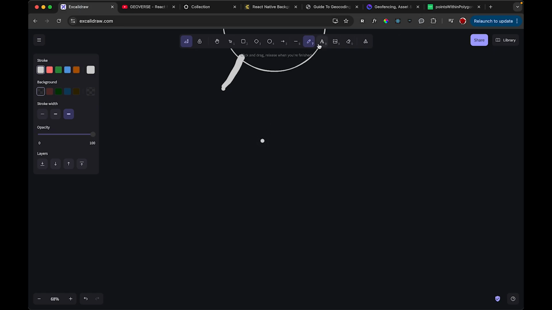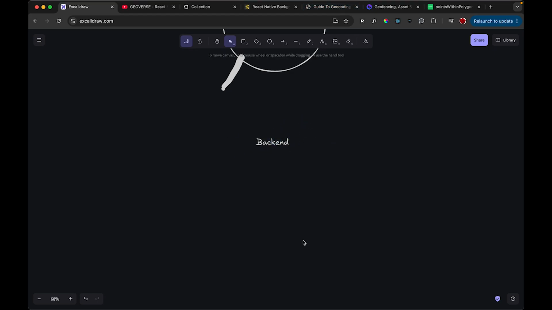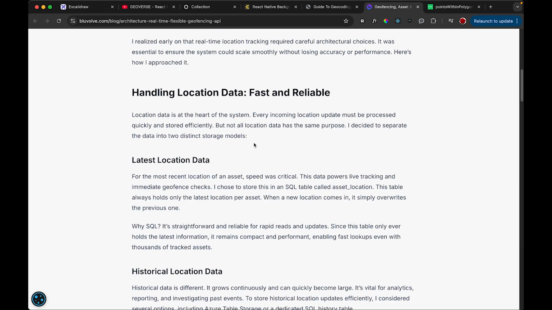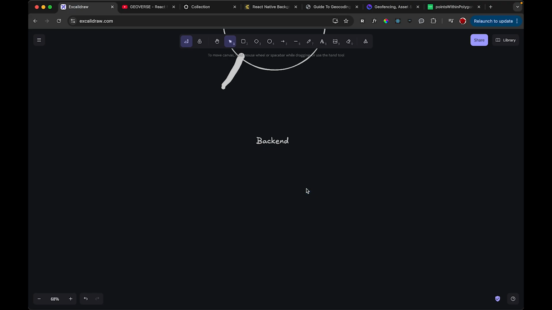Okay, so now the backend configuration. So backend concept. So what is this and how you can implement it, right? Now here, as I said, this particular guide is not in the front end, right? It's in the backend. Now what you can do is you can stream this particular location to your database, and